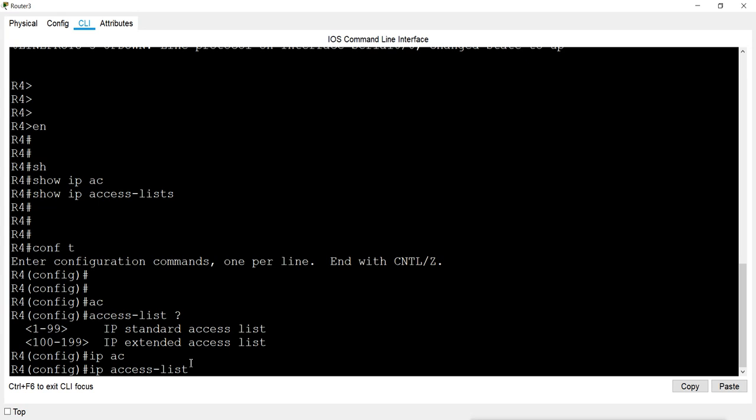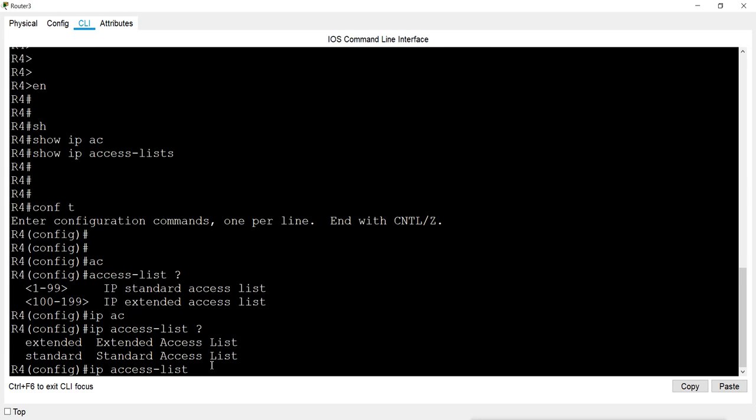And now when I give a question mark here, I can see it is asking what type of list you want to create. You want to create an extended list or a standard list. So first we want to create a standard list.